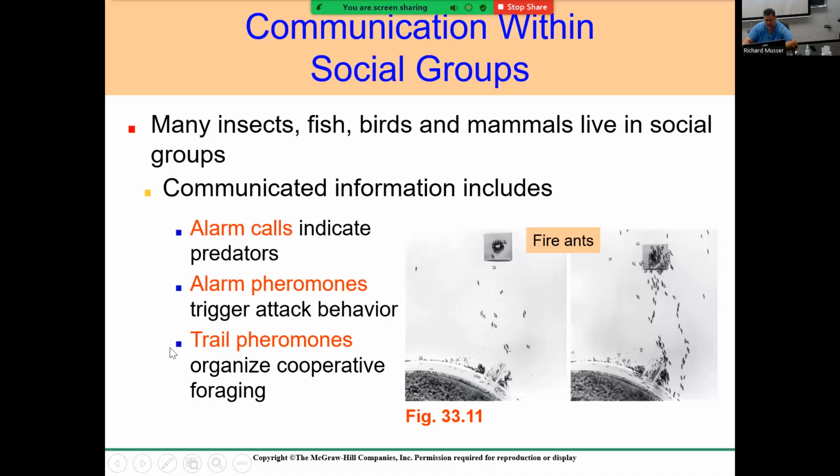Also, ants can form trail pheromones, where they can actually leave a trail that other ants will follow. You probably know this already, don't you? So if you ever have ants in your house, they'll make a trail. And a guy named E.O. Wilson found these trail pheromones, could collect them, and he could make his own trail, and then the ants would follow it. You can write his name in it or something like that. So he found that the organs that were responsible for